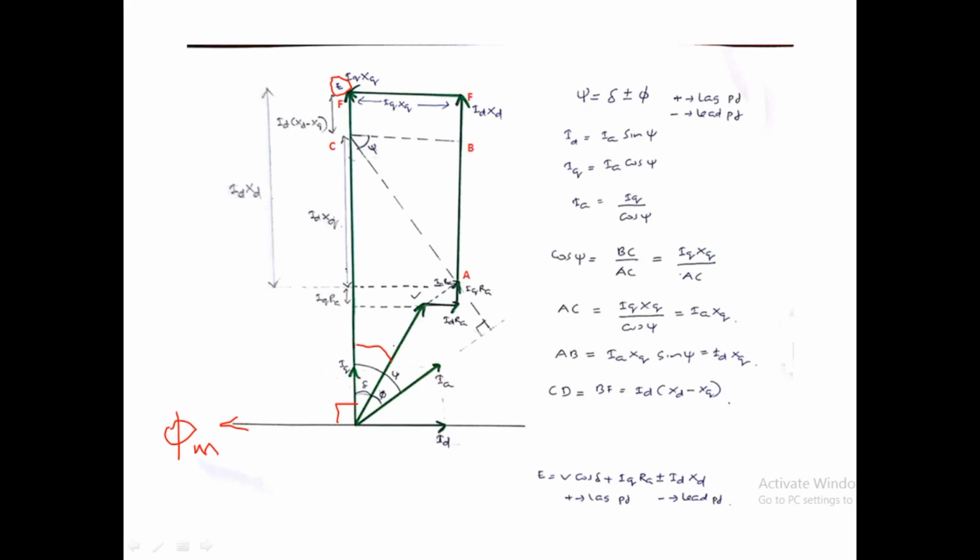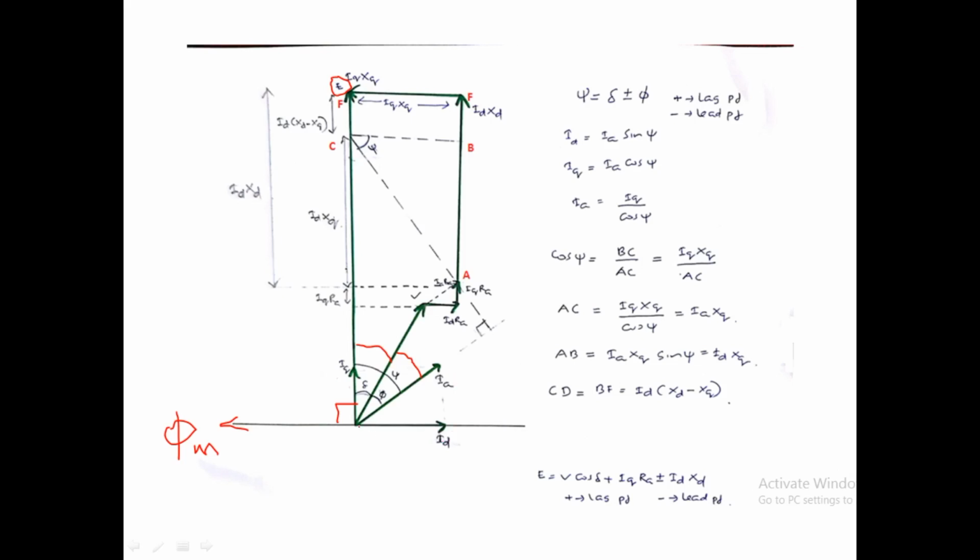Now what is the angle between V and IA, which is phi. So here also Ia is lagging V by an angle phi. It will not be always like that, because here we are considering a lagging power factor, so it will be lagging V by an angle phi. So these things we already know, because we were discussing in case of cylindrical machines. All these things are similar only. Phi m is there, E will be lagging phi m by 90 degree, and V will be lagging by an angle delta, and Ia will be lagging V by an angle phi, if it is a lagging power factor load.